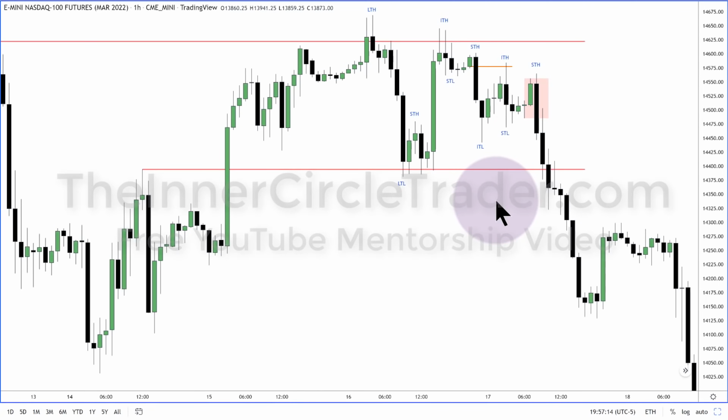When we look at price, I'm looking at, does the market have a reason to go up for buy-side liquidity or buy stops, or is it likely to go up to rebalance an imbalance, which is like a fair value gap? Or is it likely to go lower to sweep out short-term lows for sell-side liquidity or sell stops? Or is it likely to go down to rebalance an old imbalance or a fair value gap below market price? That's what I'm looking for. What is the current market narrative? What is it likely to be doing right now?